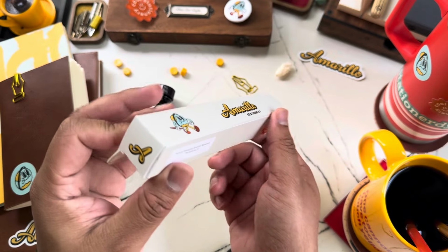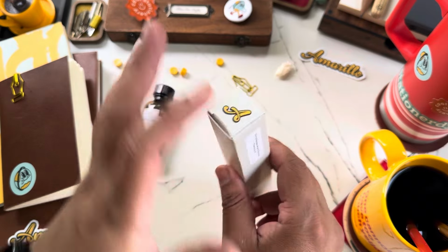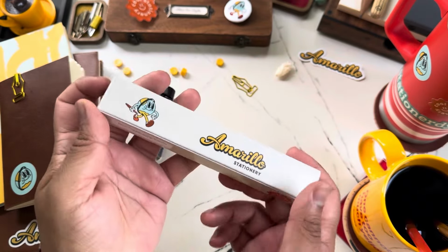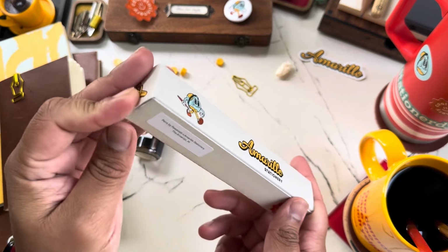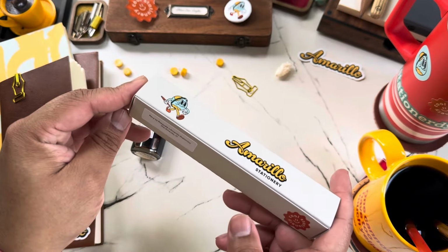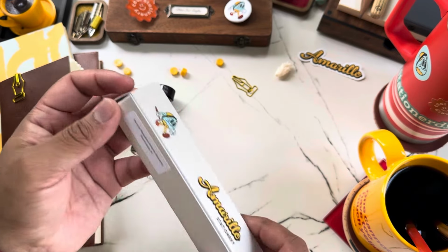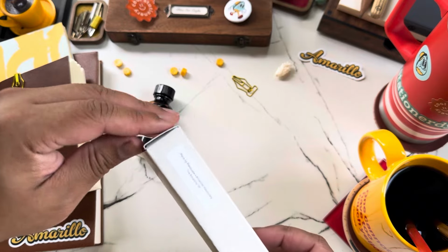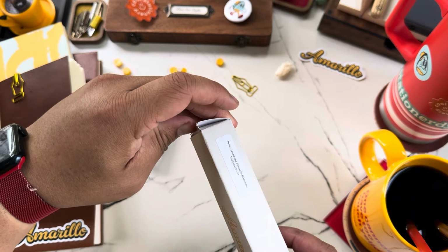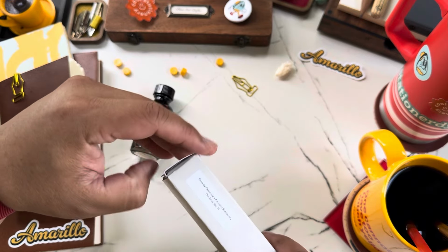Yeah, friends. Since I'm a big fan of the unboxing experience, I was like, I need a box. So I had this box made, oh my gosh, almost half a year ago, I feel like, well over, it was probably a year ago. And it's just been sitting in my office, waiting for the perfect pen. And this is the perfect pen. So let me show you. This is how